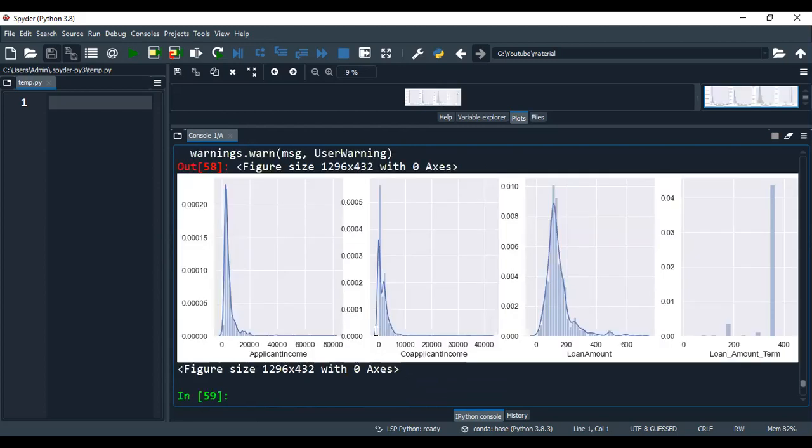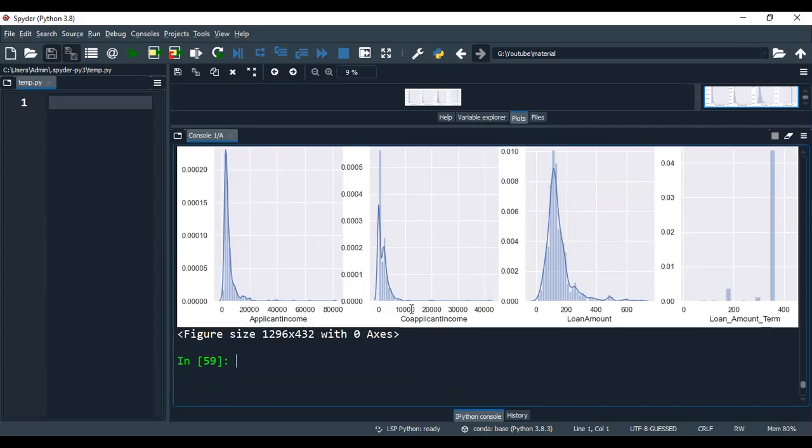Can you see here, in one single shot, we have the dist plots, that is distribution plots, for each and every continuous column. From the above graph, we can infer that none of the continuous columns are normally distributed. All are abnormal. Since they don't follow the bell-shaped curve, we claim that they are not following normal distribution.